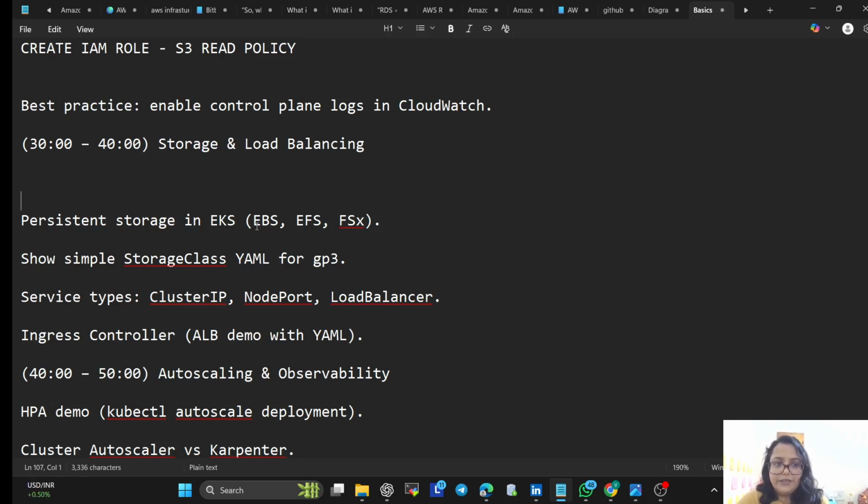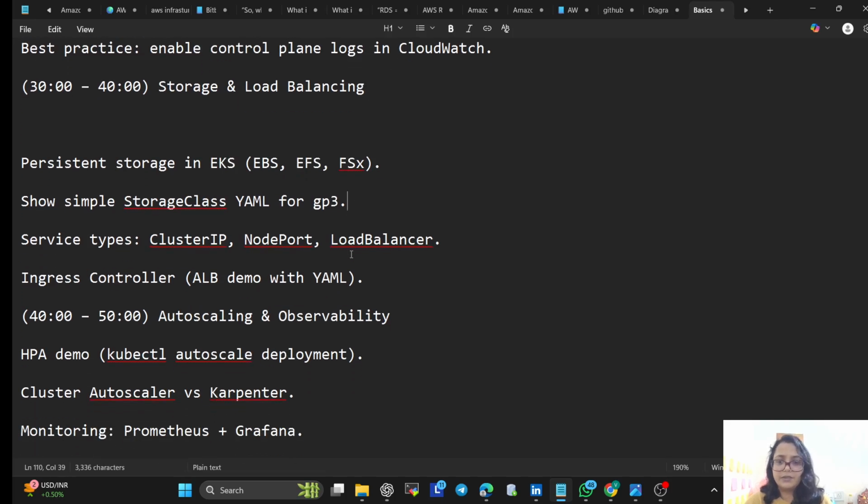And if EFS will be there, EFS is shared storage that will work on multiple availability zones, and that will be good for the application. And third is FSx, that is specialized storage, that is Windows or Linux HPC, according to that. So for GP cluster IP node port. So storage class GP will, if you